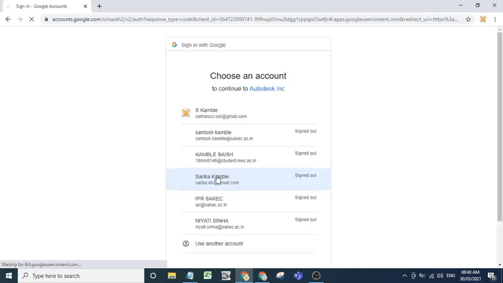My Google account will automatically sign in. Okay, it will ask my account. My account is S Kamble.